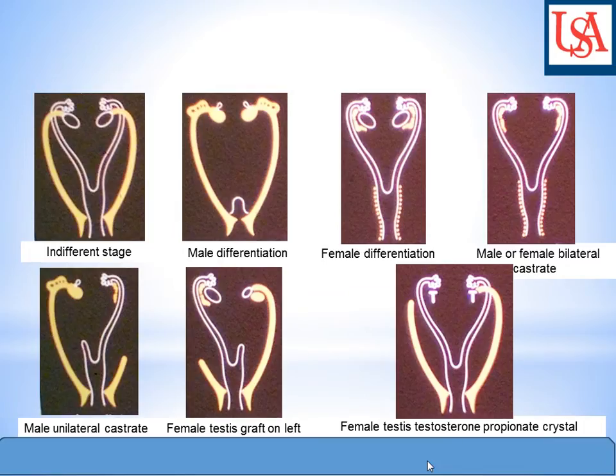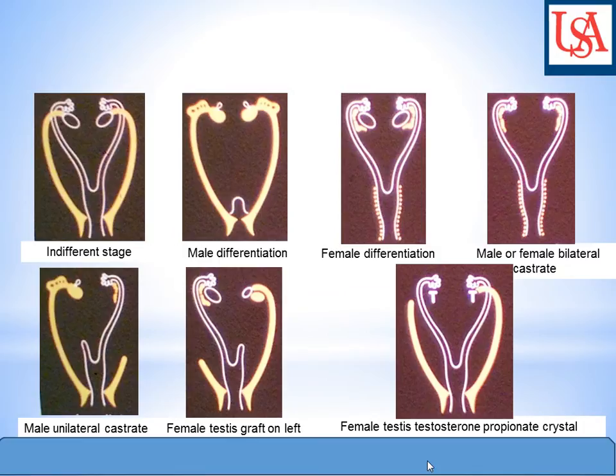You agree? So there is no testosterone, so there will be no Wolffian system, and there is no Mullerian inhibitory factor, so the Mullerian system will remain. So this is the scenario with the bilateral castration. He did another experiment. He took a male and he removed the gonad on one side. So he found that when he removed the gonad on one side, the part of the uterus that comes from